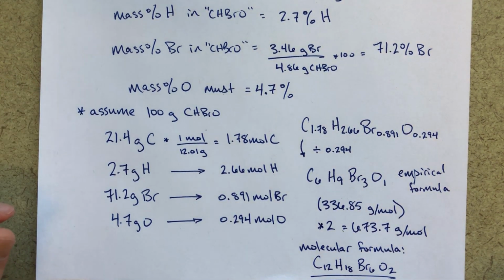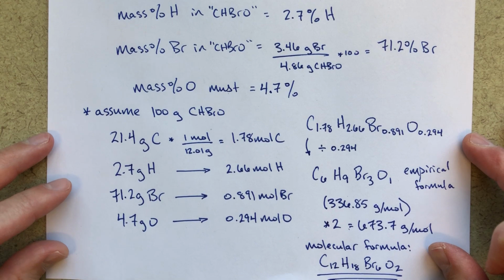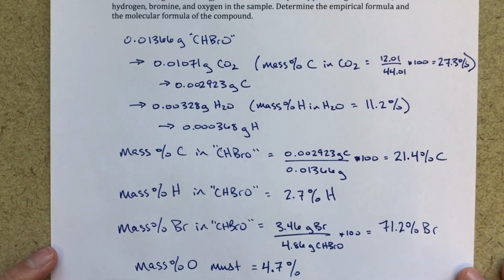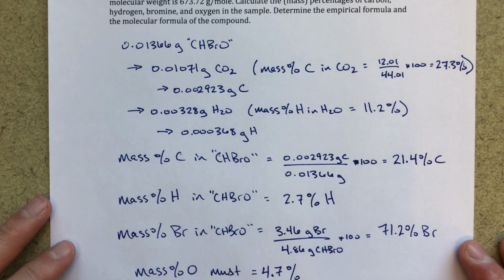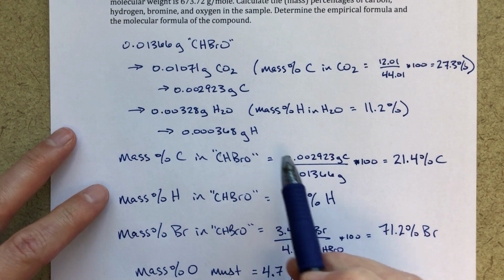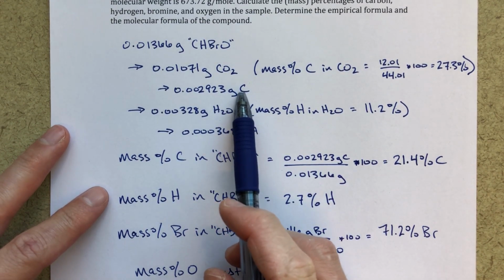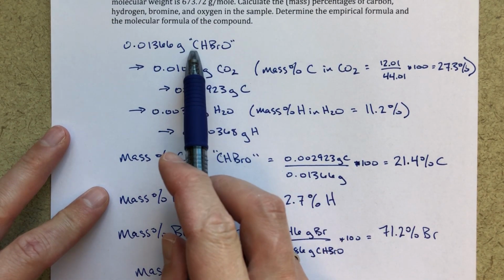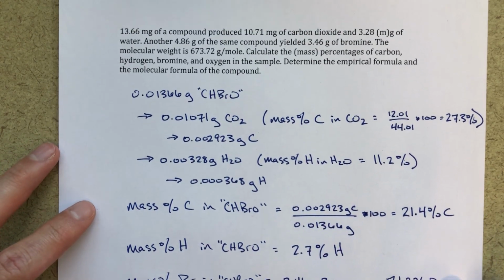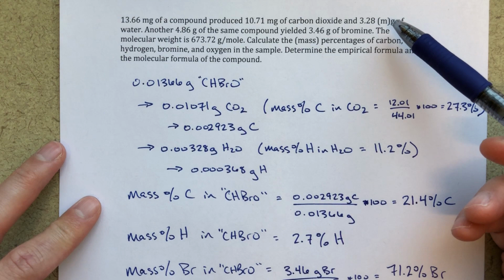So, like I said, this is a very involved, very difficult problem. It's got a lot of different steps. I think the trickiest part is probably this first part, figuring out what the different mass percents are. Figuring out what the mass of carbon is in this sample, relating that back to the mass percent in the entire sample. Obviously, this problem is more difficult because there was a typo in the original,